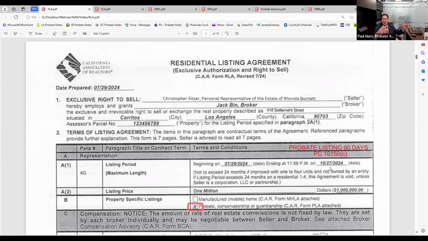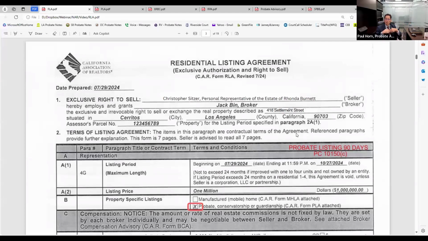Same thing, we also have a new purchase agreement as well. We'll go over all that together. What we're gonna do is this: we will walk through, you're the listing agent. What are the new forms?